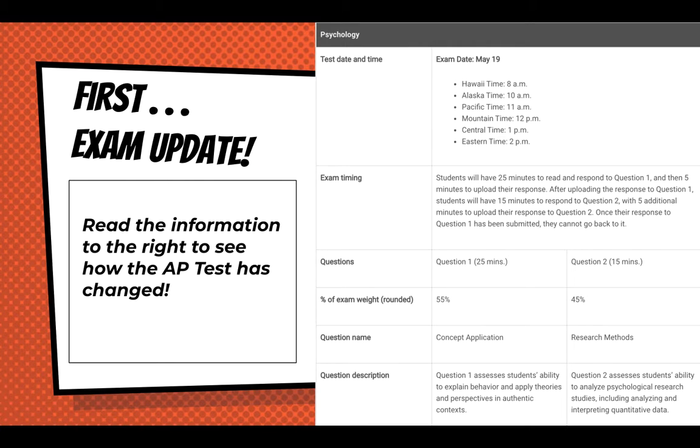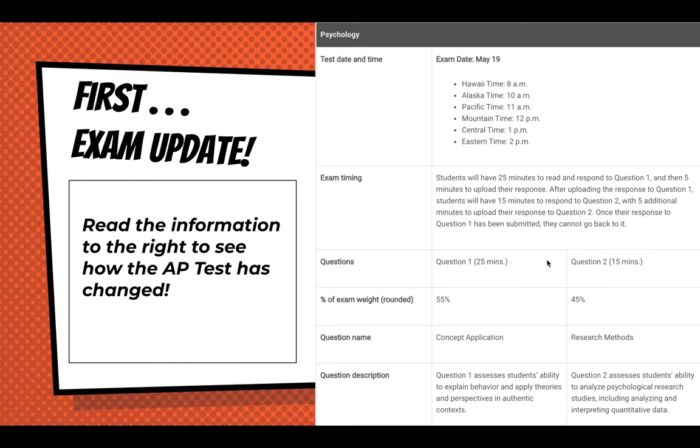Because you're taking it at home, you do have the ability to use your notes and look things up. However, this does not mean you should be talking to other people while taking the test. You need to do this independently and make sure you are submitting your own work. There will be people checking to see if you have plagiarized or have the same responses as other people. There are systems they use to check that.